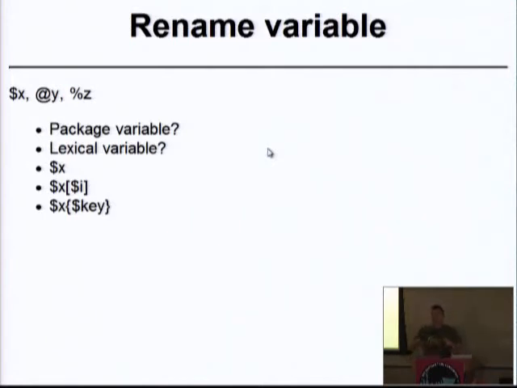Now, of course, if you have more control of your software, of all the modules and the code that is using your module, then you can do a search and replace on the whole code base. But I've seen companies with, I don't know, hundreds of thousands of scripts, and they don't know where they are. So they can't refactor the code, because they don't know where it is used.